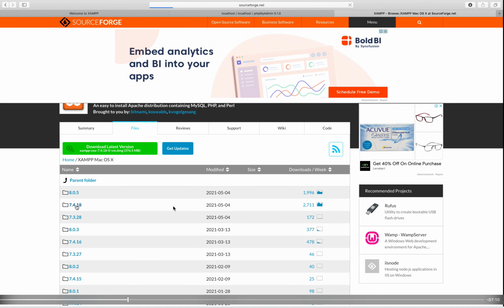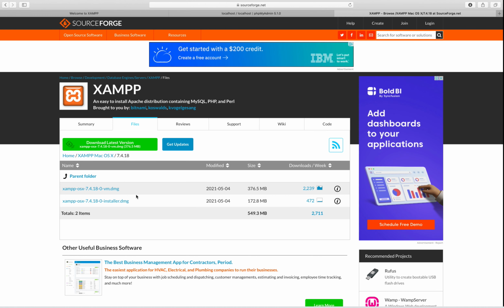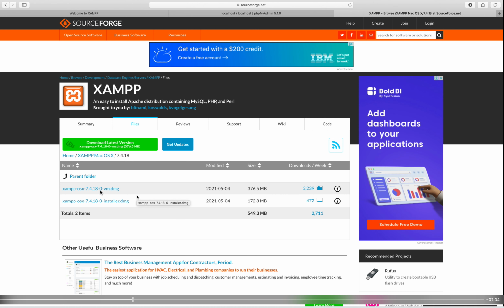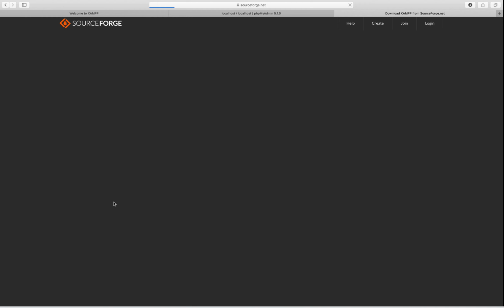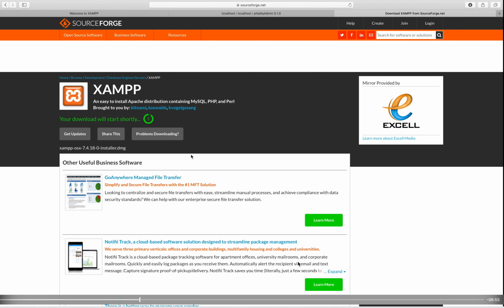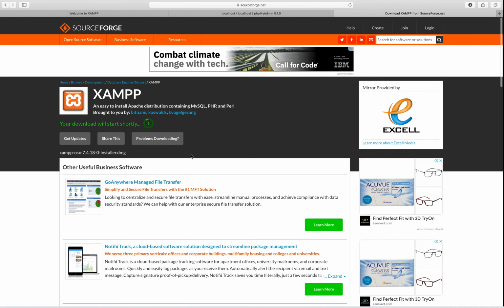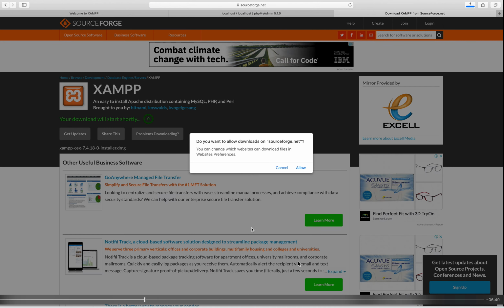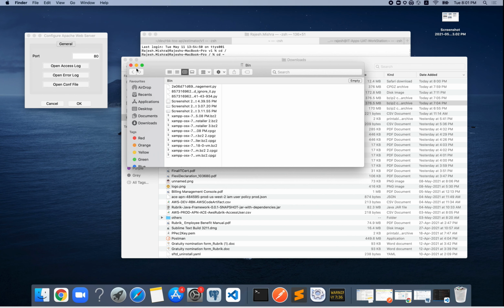Based on your requirement, you click on the version, and here you need to take care. You don't need to click on the vm.dmg, you need to click on the installer.dmg, the second option. Once you click on it, it will take 5 to 10 seconds, and downloading will start automatically. I already downloaded this file.